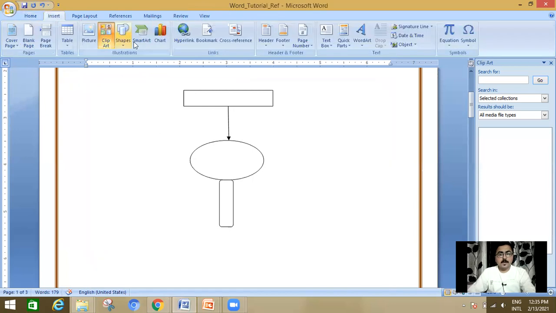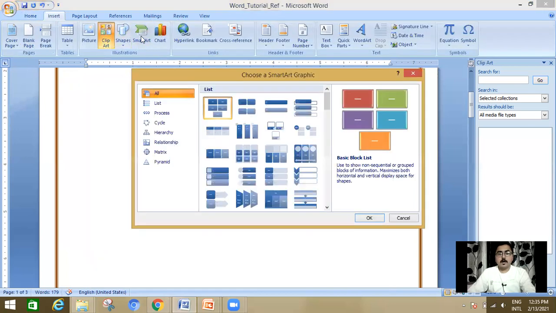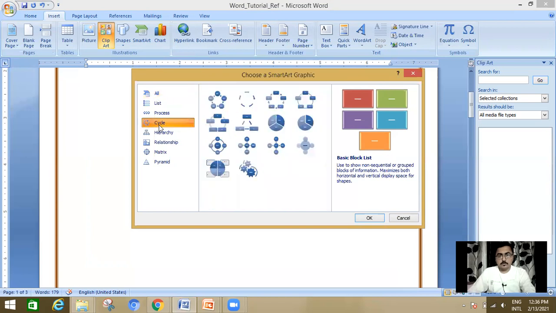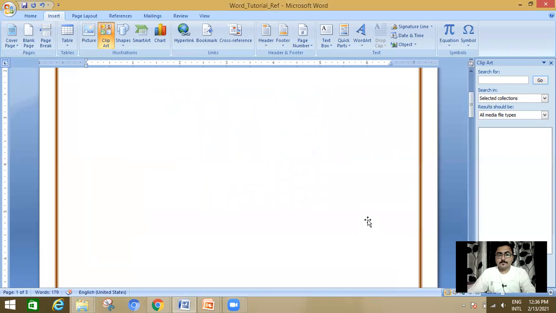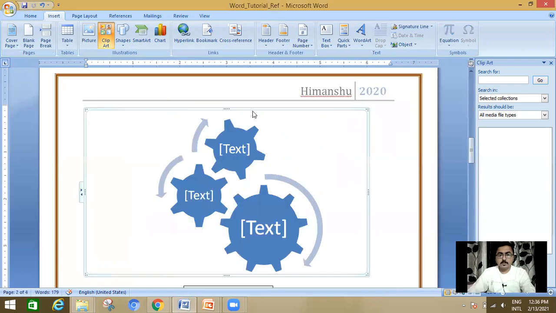Other than this, SmartArt is also available. If you want to design something pictorial and good, then this type of list, cycle, process can be used. Okay, like this. I have taken this picture.